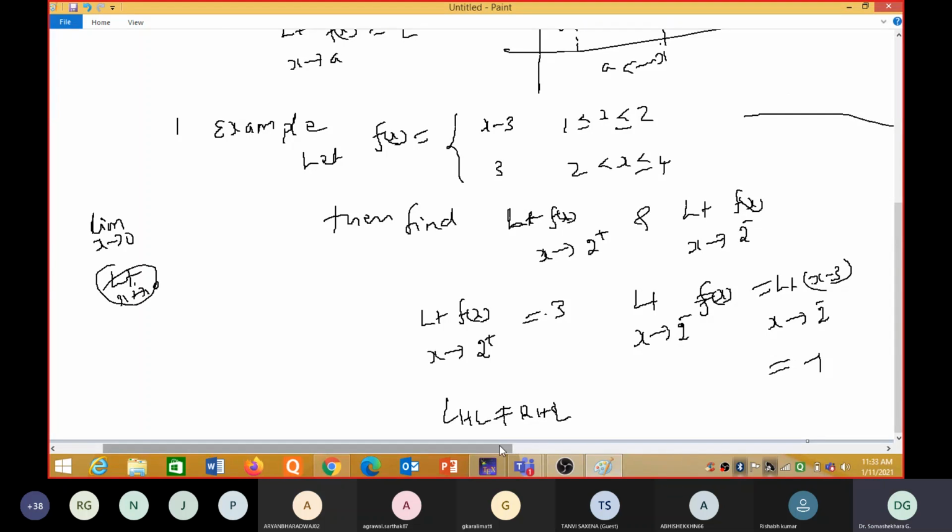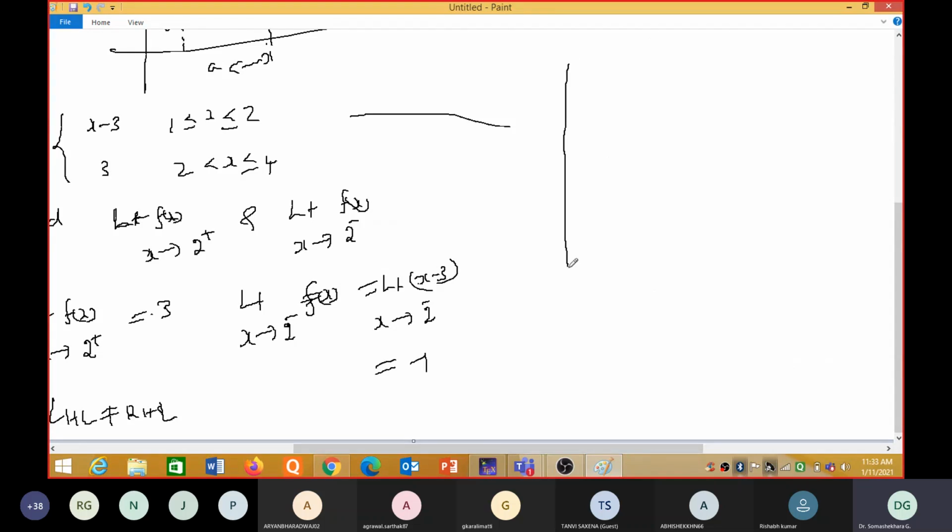You plot the graph. When x is equal to 1, what is 1 minus 3? Minus 2. So minus 2 is somewhere here, correct? When x is equal to 0, it is minus 3. At this point the graph is going like this. When x is equal to 2, when x is